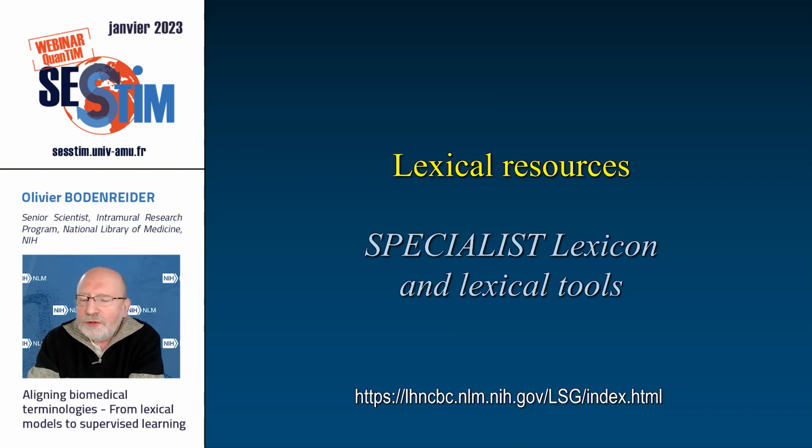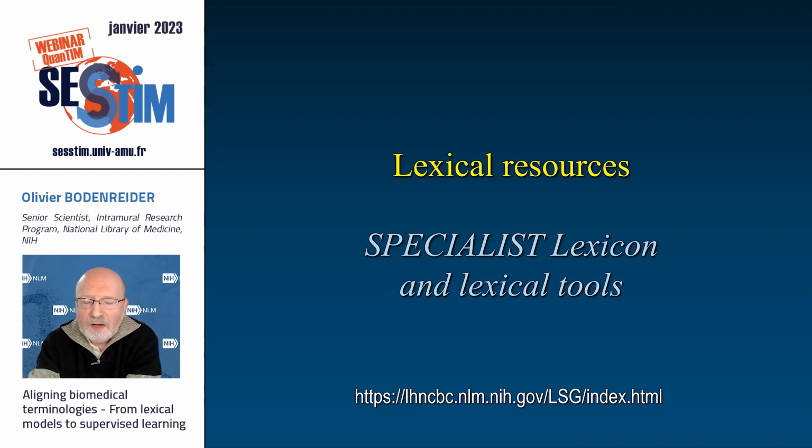So we're going to go through this in a little bit more detail in the following slides. In order to do this, you need a couple of things. You need a resource that tells you about the words that exist, and that's what we usually refer to as a lexicon, and the properties of these words. For example, if I take the word headache and I want to have it in the plural, it's going to be headaches. It's a regular English plural. But if I take nucleus and I want it in the plural, it's going to be nuclei because it's a Latin type plural. So this information needs to be codified somewhere, and it's in a lexicon.